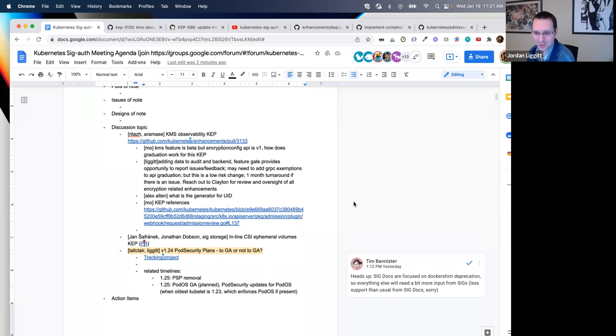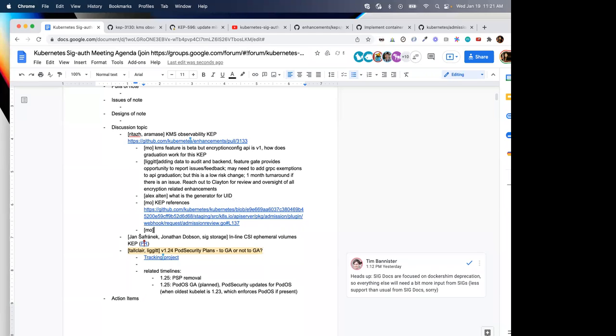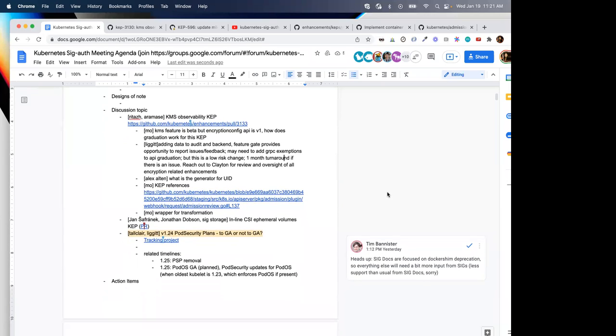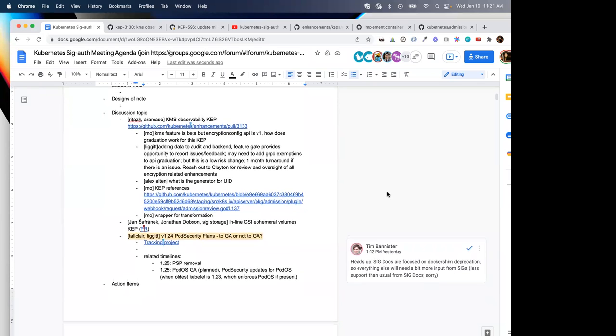I'm not sure most people on the call are familiar enough with the storage transformation stuff. I know it's about as far into the weeds of API machinery as you can get. I don't know, maybe sounds fine. I'd be interested in knowing what kind of code wrapper you needed around the wrapper that was already there.